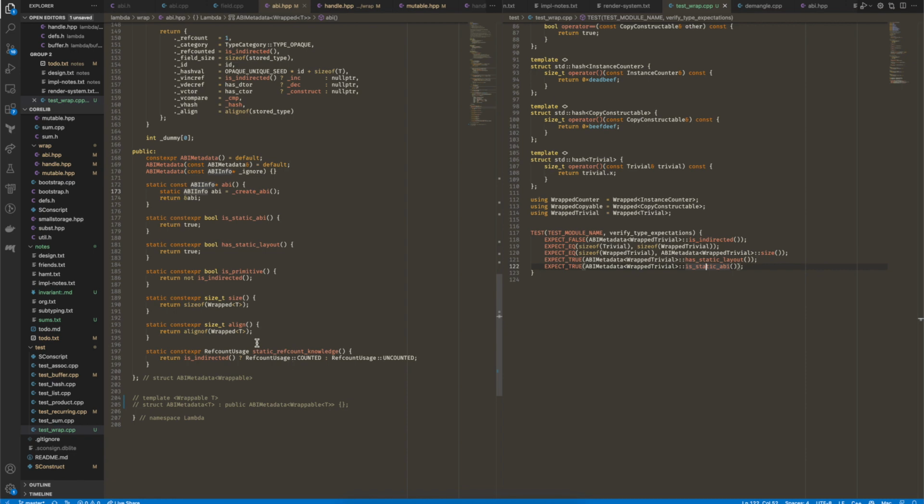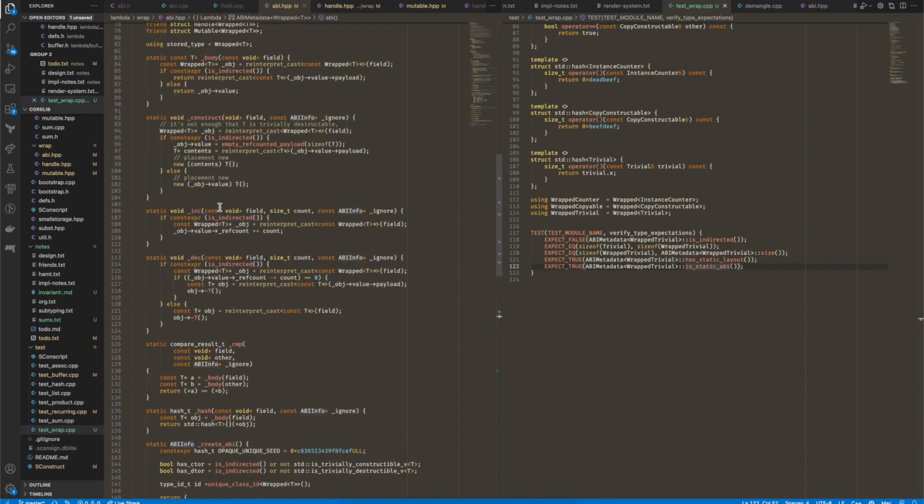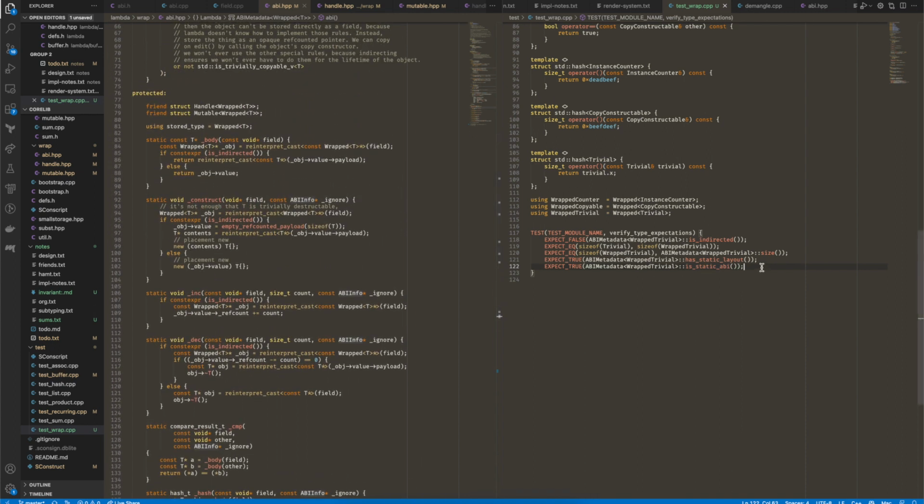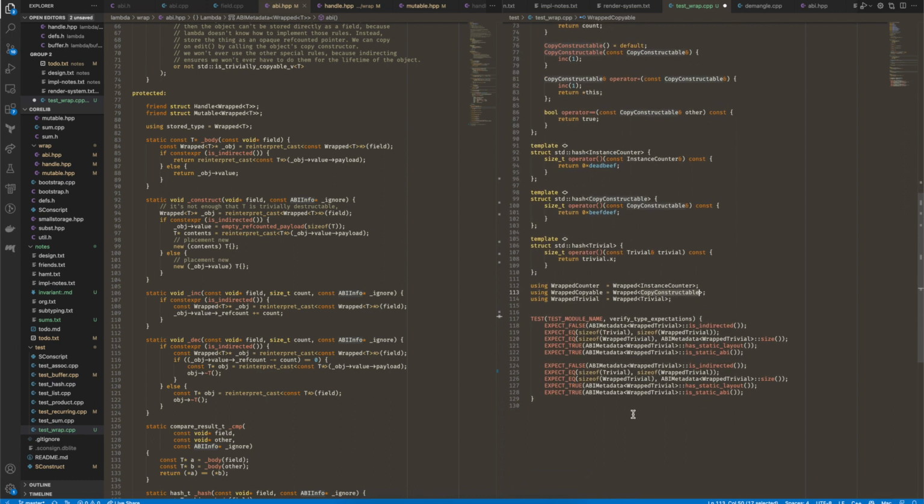Size of line. If it gets the size right, it's going to get a line right. I don't care about testing every last little thing. Anything else? I guess let's do this for all the other types. Let's verify our expectations. So because copy constructible is non-trivial, we expect it to be indirected. So we're going to expect this